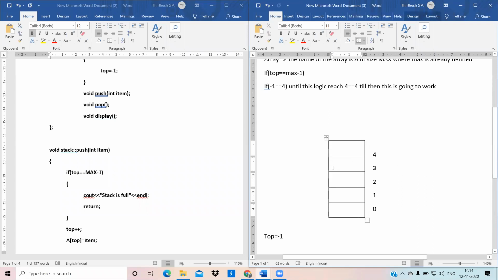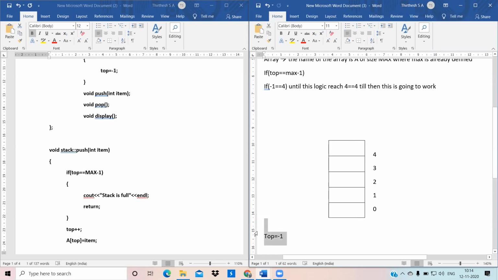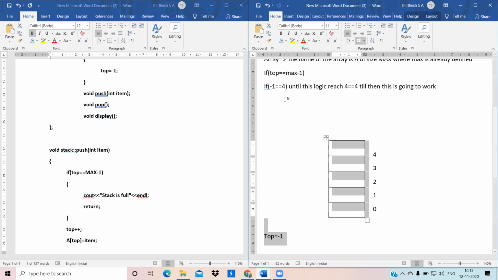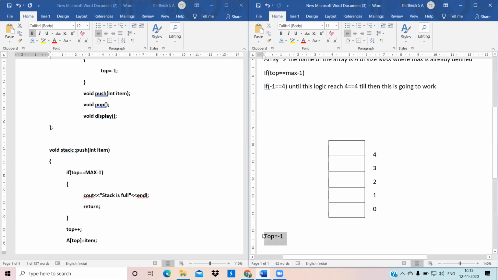Okay, now it is fine. So what happens now? Now your top gets incremented. Now here you see, if top double equals max minus 1, it is not going to enter the "stack is full" part.